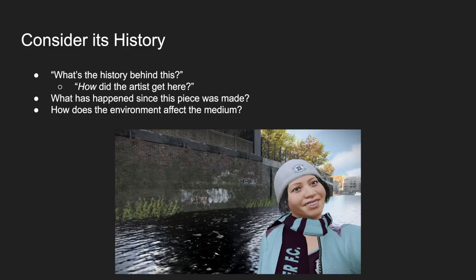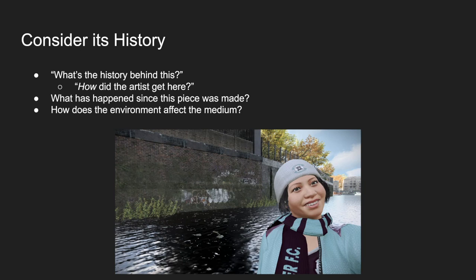Another thing to consider is the history of graffiti. Just having graffiti in a spot intrinsically gives that area a story, right? It tells you that someone went there and did something to the space. Some stuff you can ask yourself is, how did the artist get here, right? That can be a story in itself. It might even have player leading potential behind it.